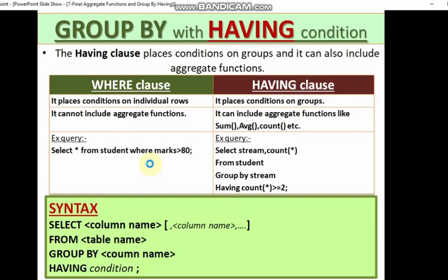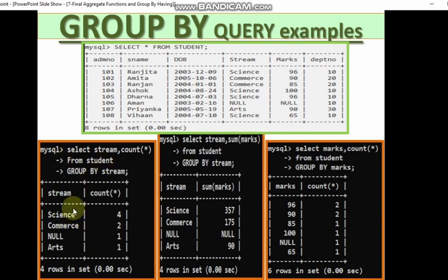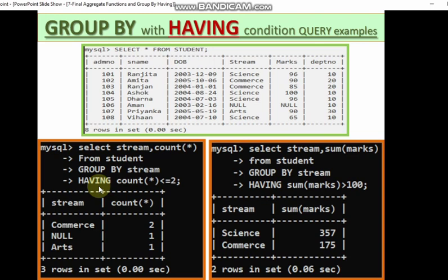Now you are giving another condition on group by, that is having count star less than or equal to 2. So see, science had 4, so the condition is false for the science stream, and it is true for commerce, null and arts, so it shows only commerce, null and arts. Science is not shown since the count star was 4.